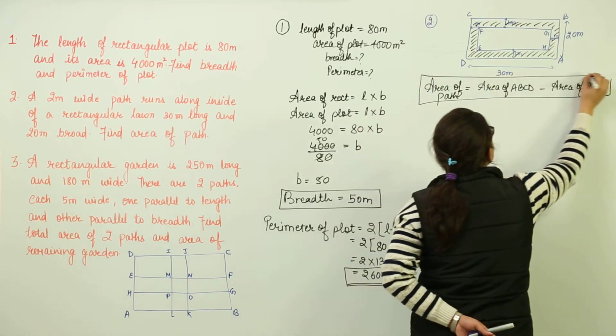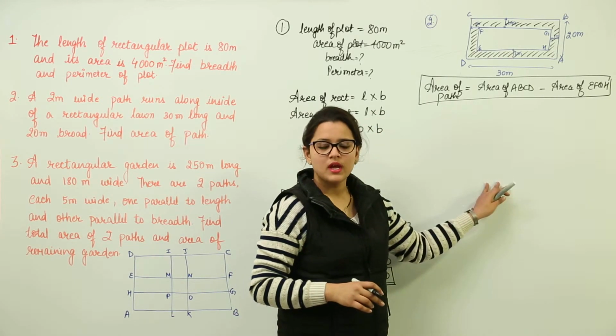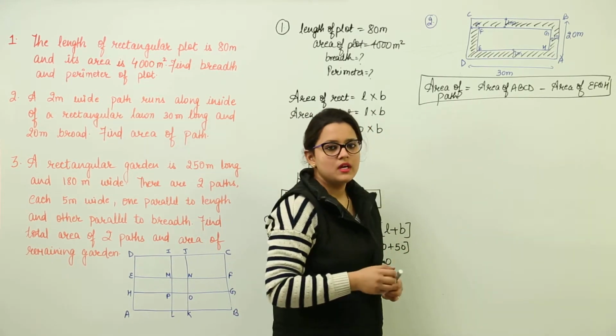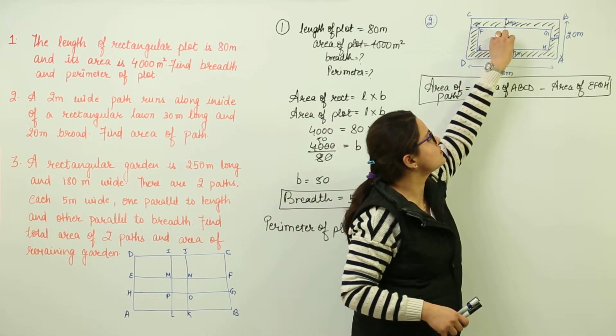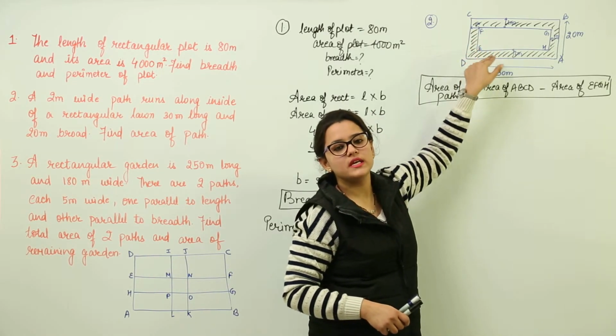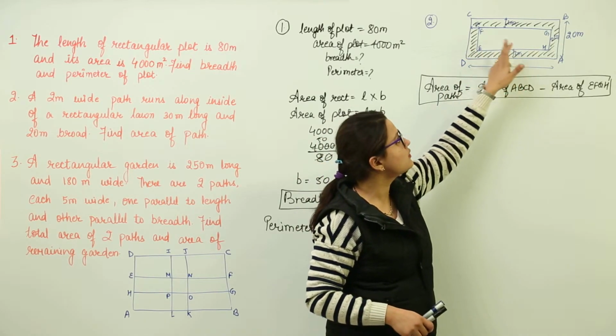See, you have the total lawn with you. You have this whole thing with you, right? And you want to take some piece out of it. I have the whole lawn. I have taken this EFGH portion. I picked it up and I pulled it out. How much is the area left now? The area left would be only the shaded portion that you can see.